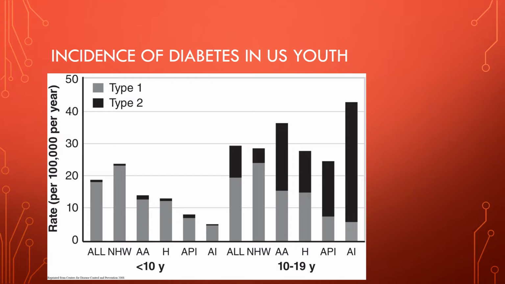But when you get over to the 10 to 19-year-olds, you start to see a much increased prevalence of type 2 diabetes, and that is what is particularly scary. The earlier someone develops diabetes, the more likely they are to have complications from it at some point in their life. Things like vision problems, neuropathy, which is due to poor circulation, and diabetics also tend to have a lot of problems with kidney function.